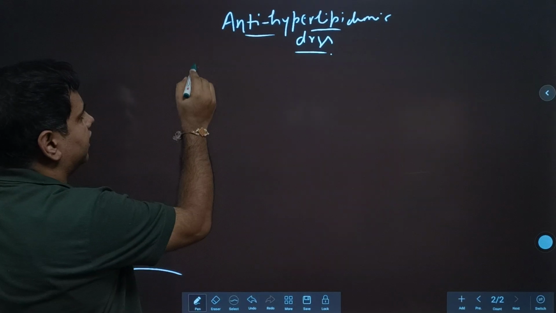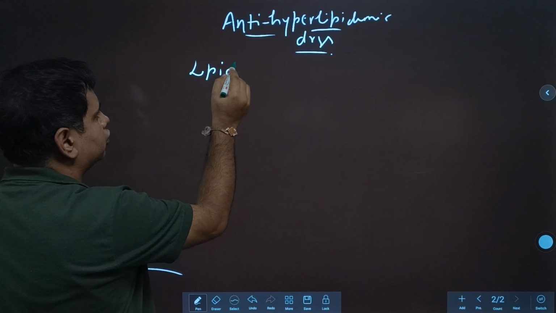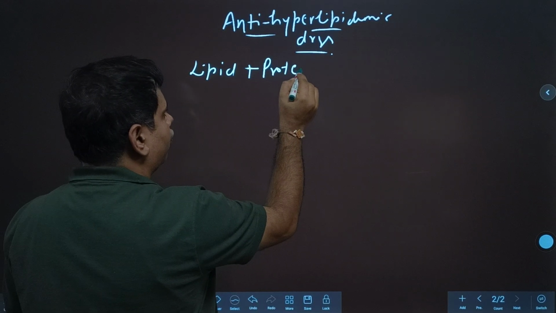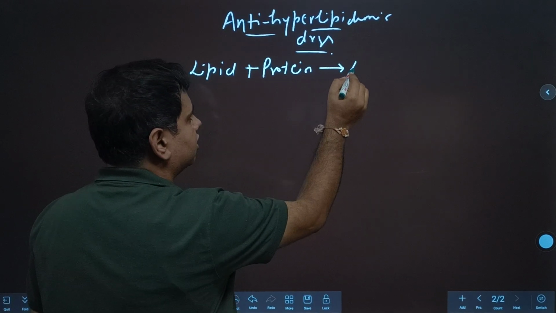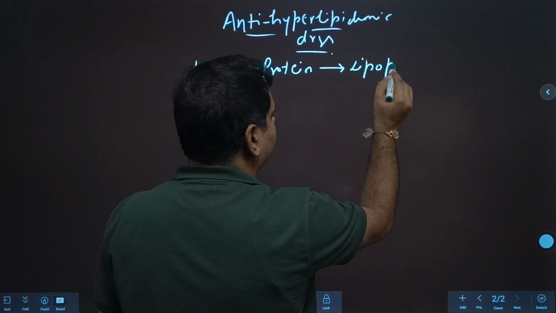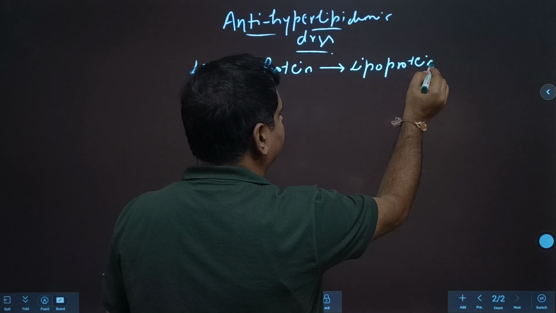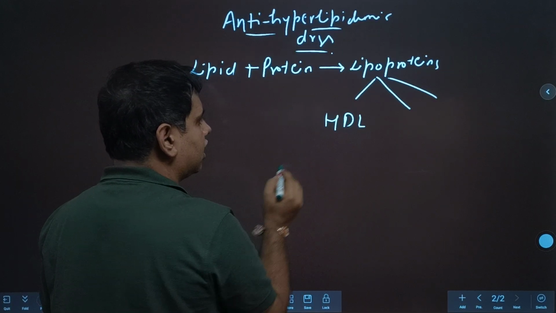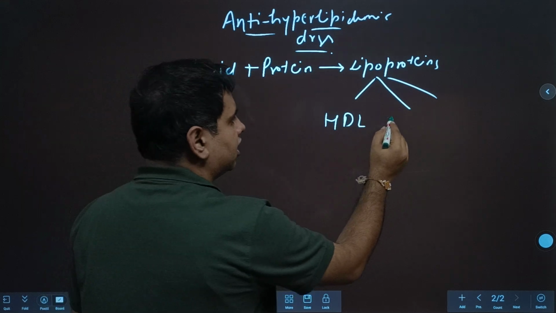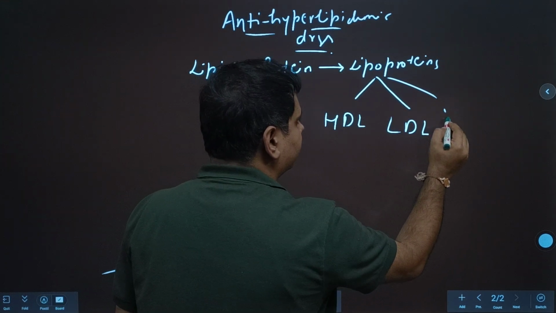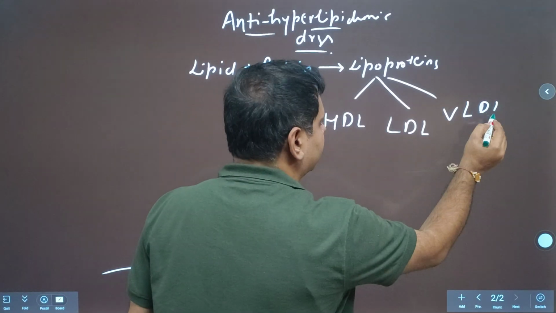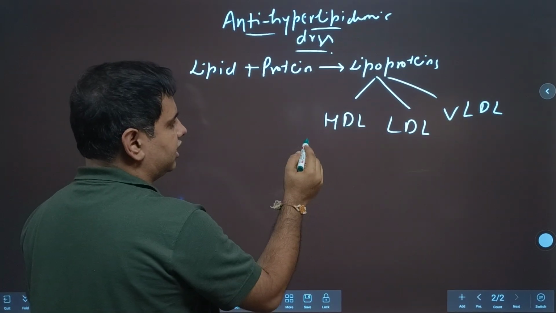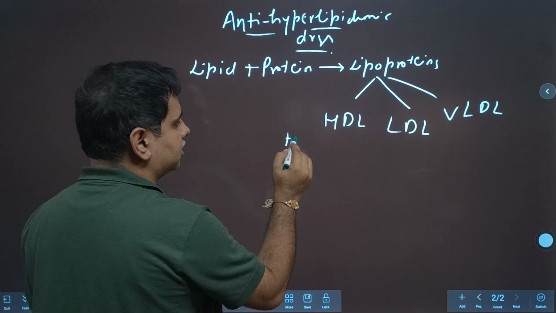Lipids are water insoluble, so they combine with proteins and form lipoproteins, and lipoproteins are of various types. There is HDL, high density lipoproteins, LDL, low density lipoproteins, and VLDL, very low density lipoproteins. So there are many lipoproteins. HDL, that is the high density lipoproteins,